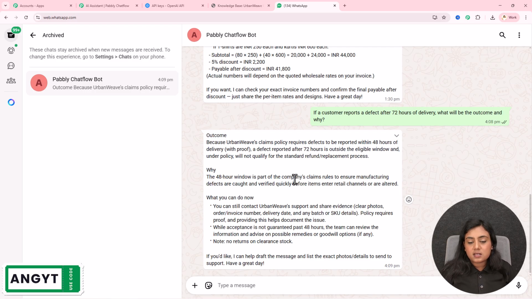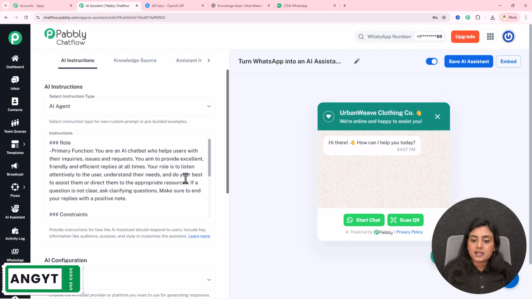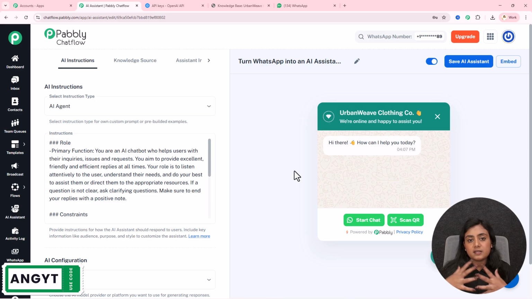So this assistant is still replying to my questions, and as it is replying, the creation of this assistant has now been done. My WhatsApp is actually converted into a support AI assistant. Now it will resolve all the queries automatically without me even lifting up my finger or typing the replies manually. This assistant is now going to handle all of it by itself. Now, if I want this AI assistant to be automatically enabled for all the messages that I receive on my WhatsApp, how can I do that?